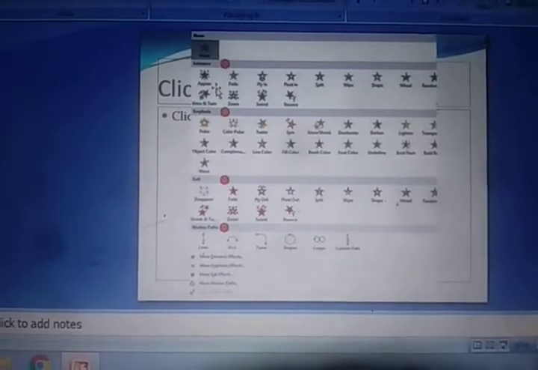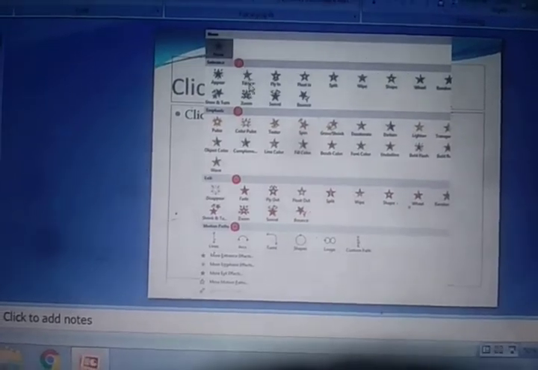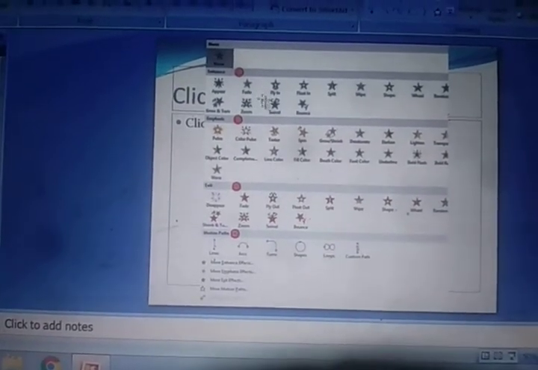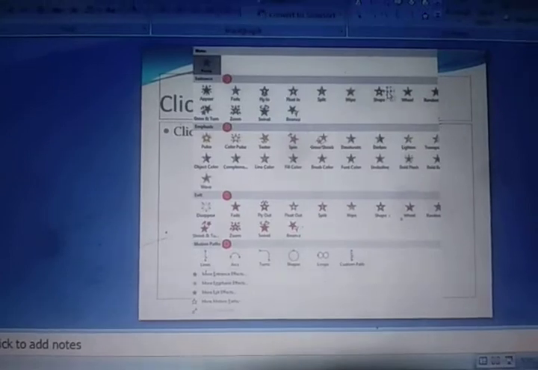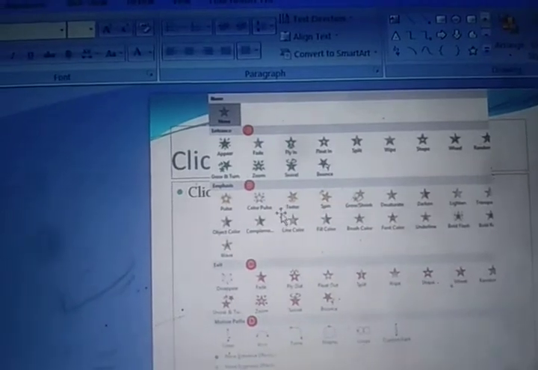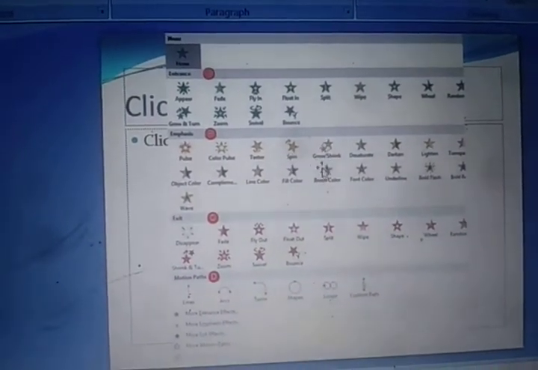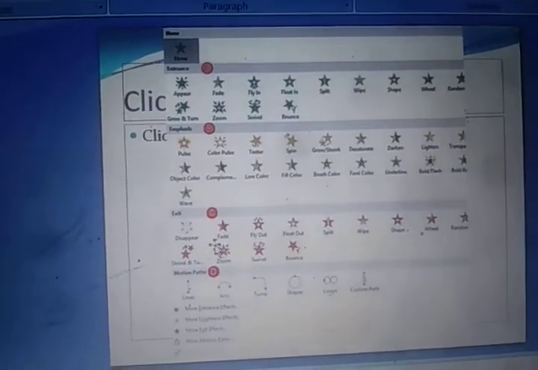There are some effects for each one. Entrance: appear, fade, split, wipe. Emphasis: color, pulse, spin, grow and shrink, and so on.